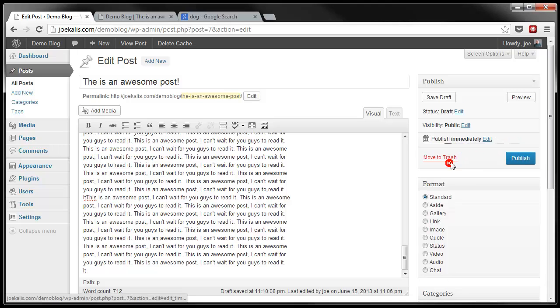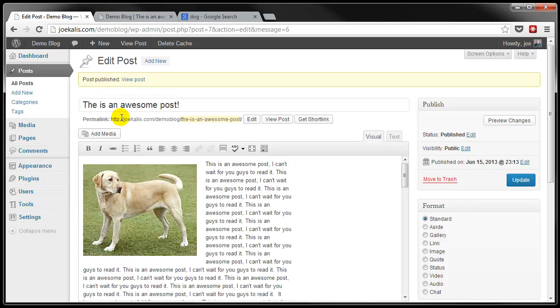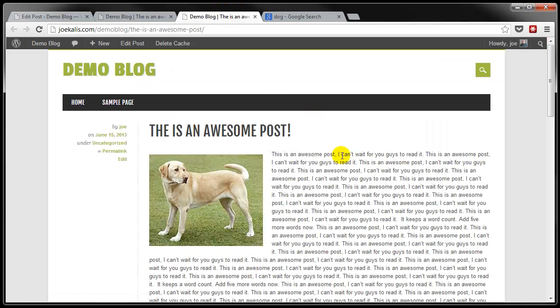But let's just say we want to publish it immediately. So click on publish. It's going to do some things real quick. And there you go. Post is published, view post. So if you right click and go open in a new tab, you can see your post. So this is live now,